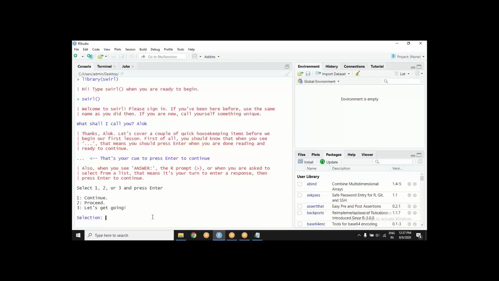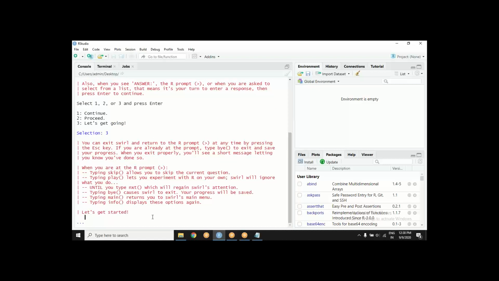You can choose any of them. All three mean the same thing. It is just an example. It is just fooling around with you. So press any of these. This is the way we will choose our options and keep moving forward.